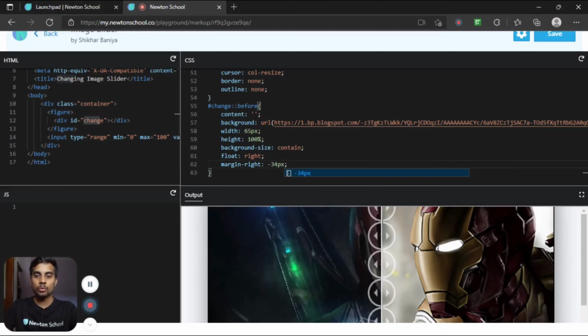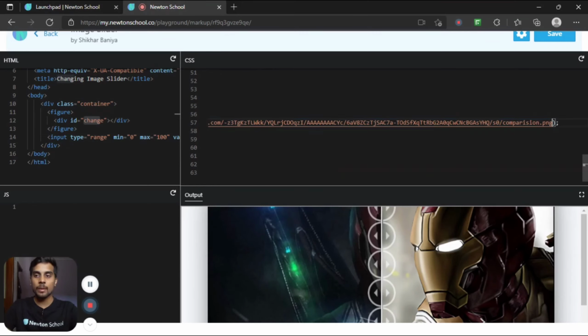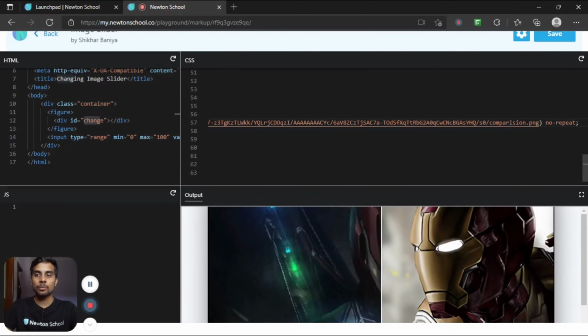I don't want it to repeat, so inside our background we have to use this property as no-repeat, so it will not repeat. I want it to be at the center, so center will come at the center.